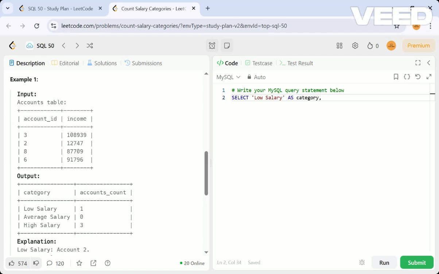And then one more thing, the accounts count. Count is nothing but how many times it repeated, so you can just use count or some other approach.